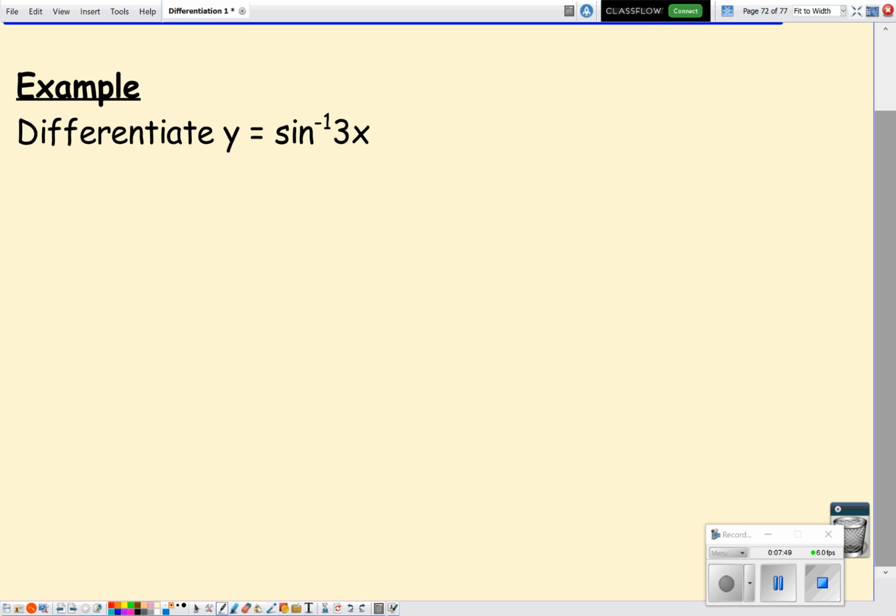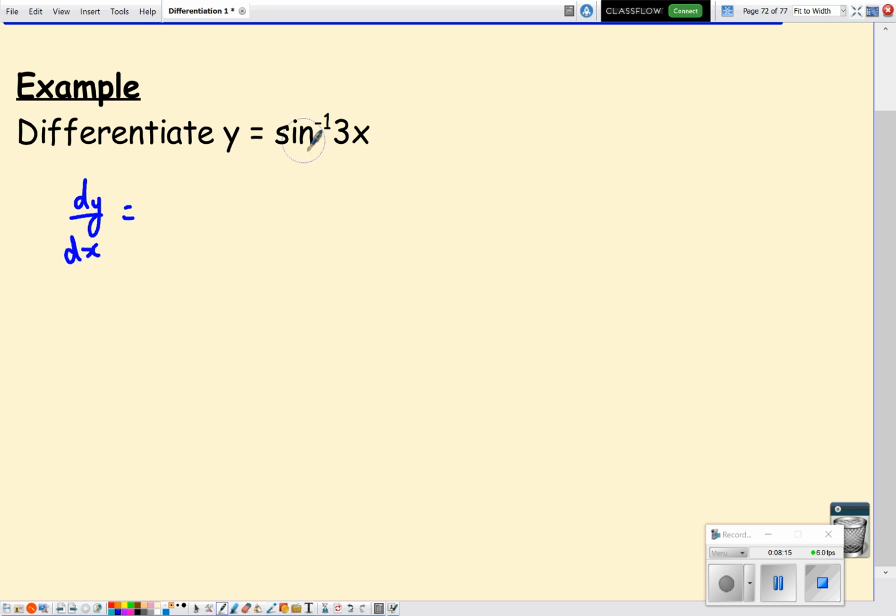So what have we got? We've got y equal to inverse sine 3x. So the fact that it's inverse sine 3x means we're going to have to use the chain rule, as it's a function within a function, to differentiate it. We don't need all the long-winded working for the chain rule though, because we know the derivative of 3x is just 3, so we're going to multiply by 3. So dy by dx, nice and easy,